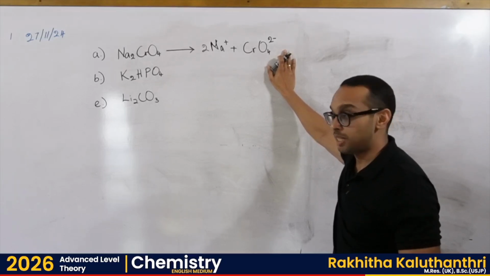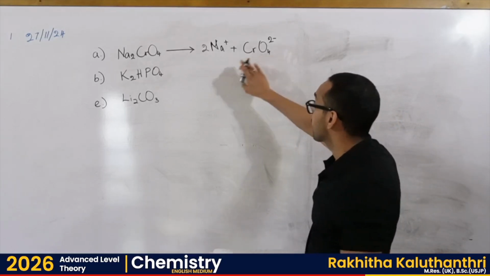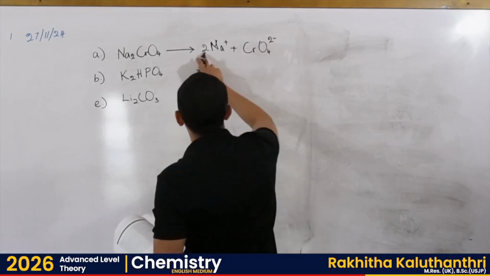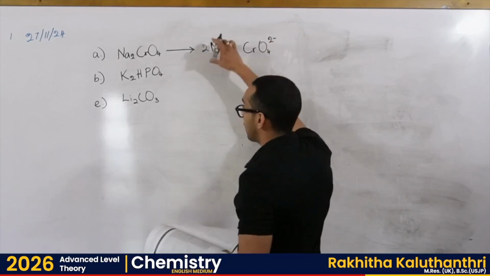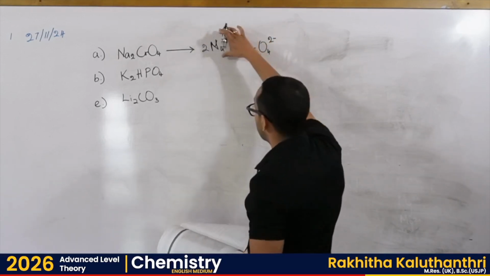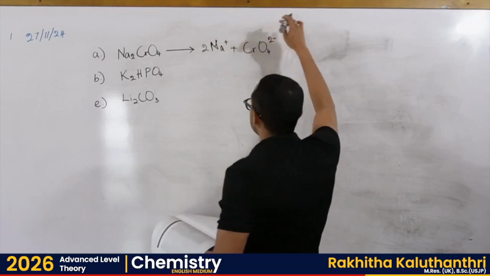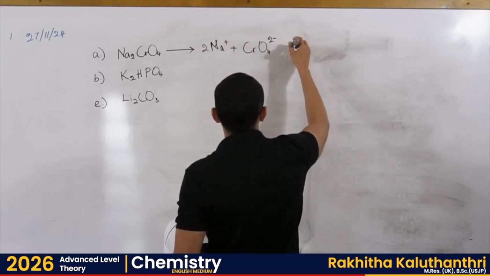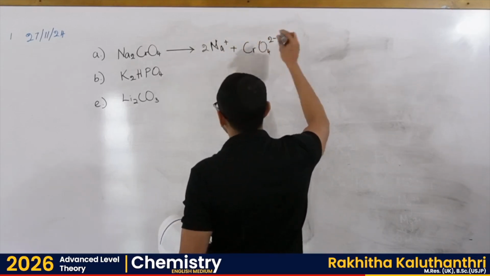So we don't care about the number of ions that are present here. We just write the name of the positive ion followed by the name of the negatively charged ion. So the name of this particular ionic compound would be